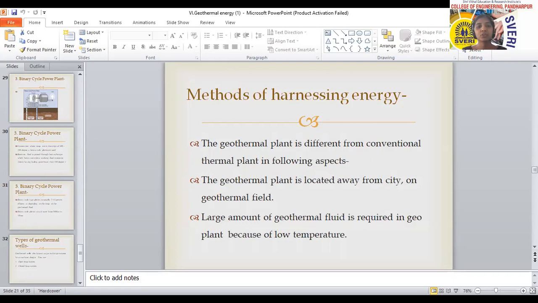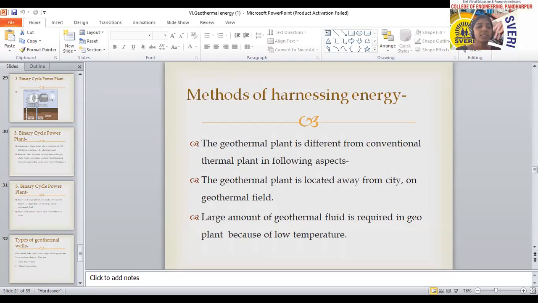The next point is that the geo plant operates continuously as a base load plant. So what does base load plant mean? The output from that plant is not a constant amount, so you can call it a side-by plant. It is not a single unit, so some other plant should be used with this type of plant to supply the energy. And the next one is that these are classified as dry steam plants, flash steam plants, etc.